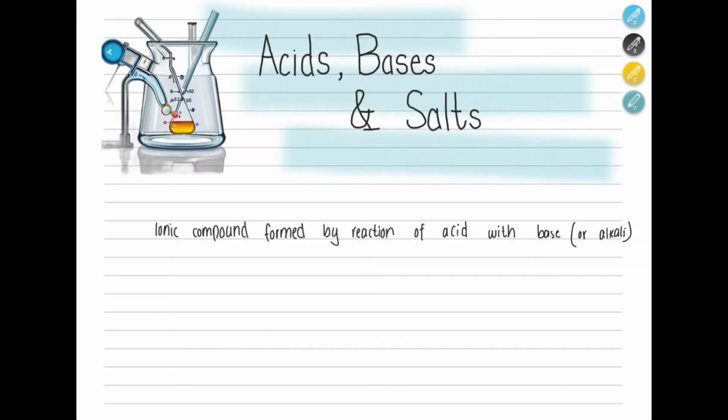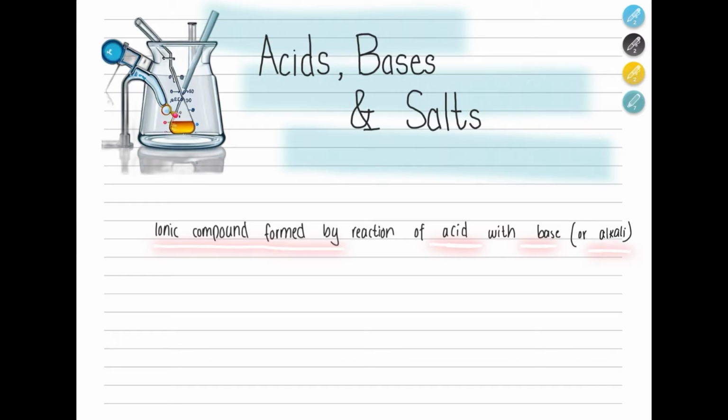So let's start talking about salts. You have studied acids and bases in the previous video. What is salt? Now, we can define salts that when acids and bases combine together, they form an ionic compound, which is called a salt. So this is how you can define salt: ionic compound formed by the reaction of an acid with a base